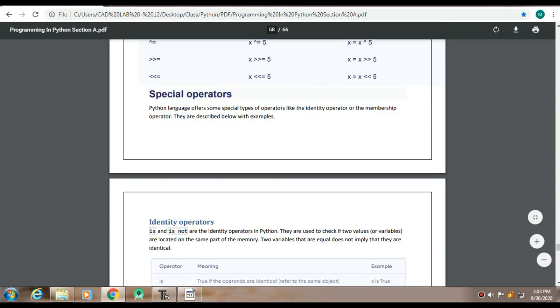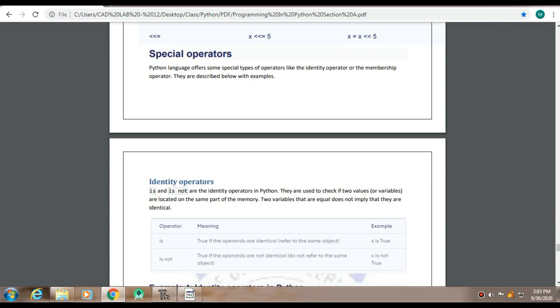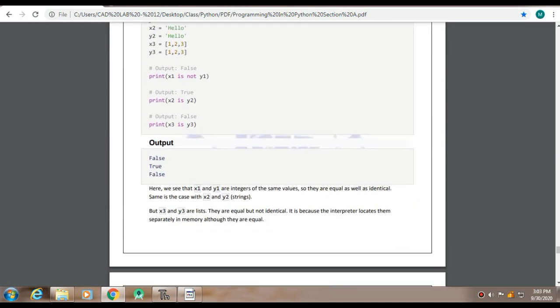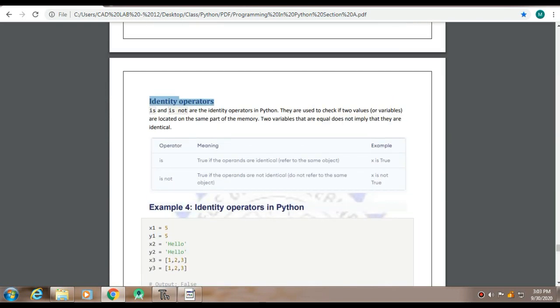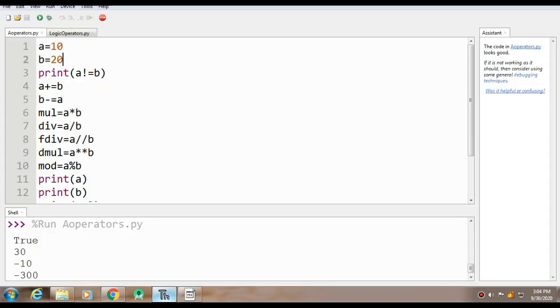Now we have some special operators as well. One is our identity operators, and another one we have are the membership operators. If I'm talking about the identity operators, there are two types: is, and is not. It will see whether what we are saying is actually true or not.